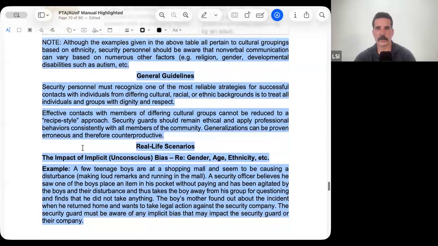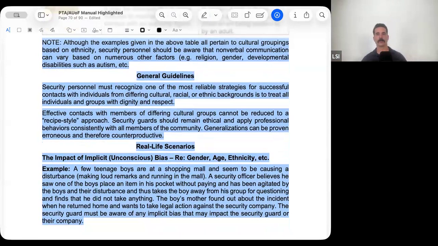Note, although the examples given in the above table all pertain to cultural groupings based on ethnicity, security personnel should be aware that nonverbal communication can vary based on numerous other factors like religion, gender, developmental disabilities such as autism, etc. General guidelines. Security personnel must recognize one of the most reliable strategies for successful contacts with individuals from different